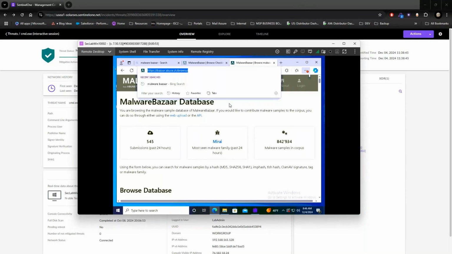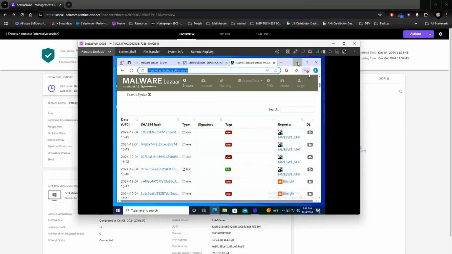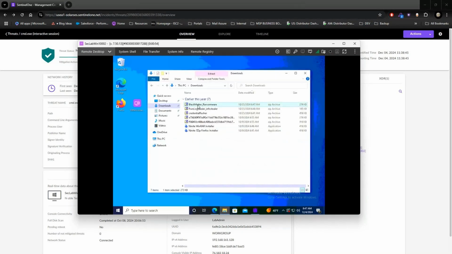These are fully active malware samples and ransomware samples and info stealer samples. So you should never go to here on any production system. You should never download any of these samples from a production system. It should always be through virtualization, through enclaving, through proper segmentation. Basically, don't go play in the nuclear waste if you don't know how to do it safely. But I've grabbed some samples from here already, and we're going to go with the Black Matter